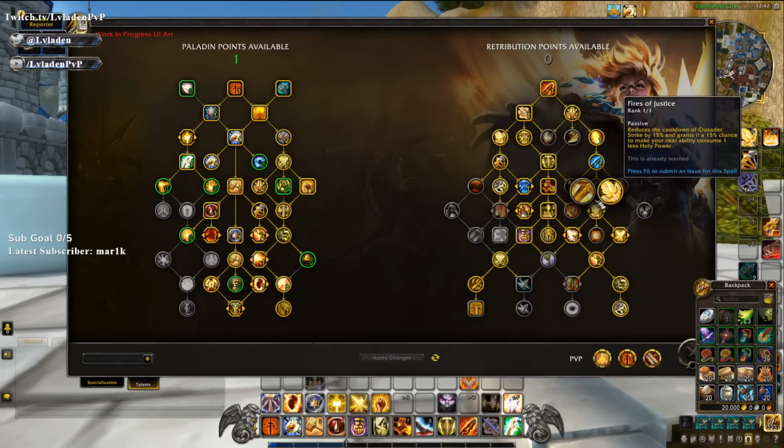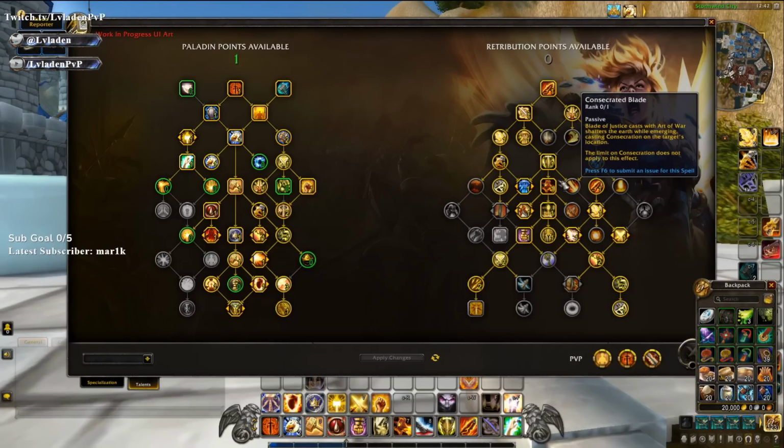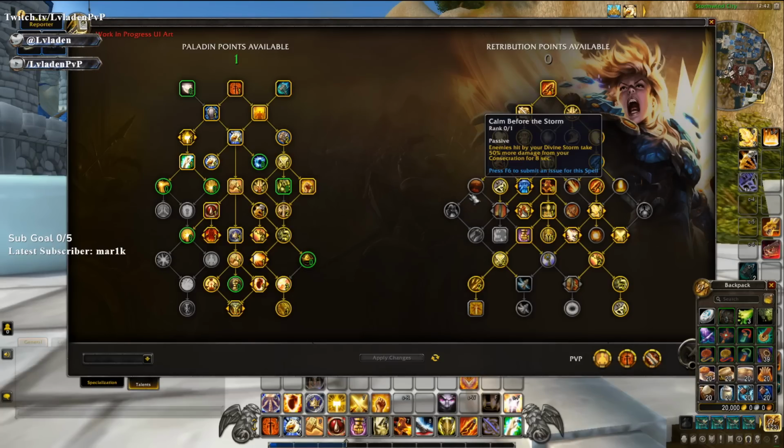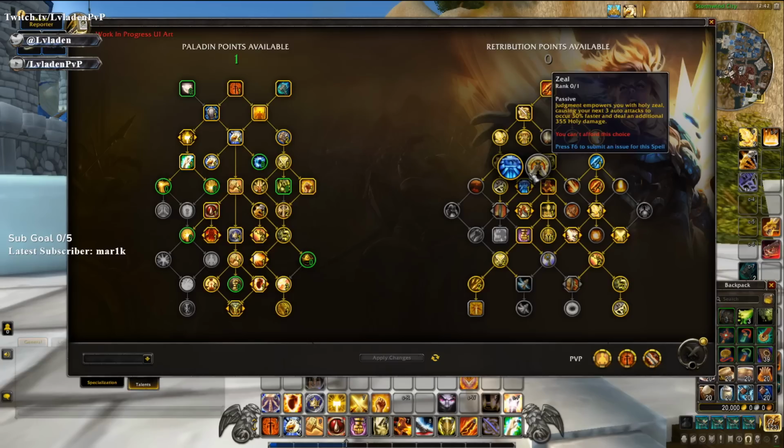because Fires of Justice and Empyrean Power are Crusader Strike related abilities, and maybe this talent right here, we cap it off with Crusader Strike now deals holy damage. And that way we can get rid of the Consecrated Blade. And then these talents over here, we can maybe adjust them to become AoE Judgment talents rather than sticking Boundless Judgment on top of Zeal, which, at the moment, I believe Zeal is